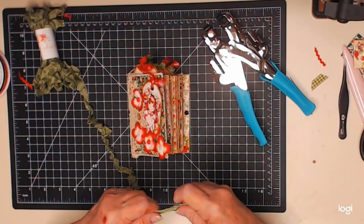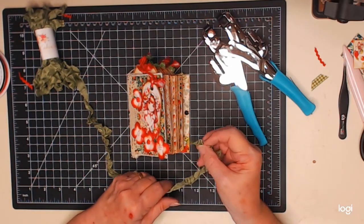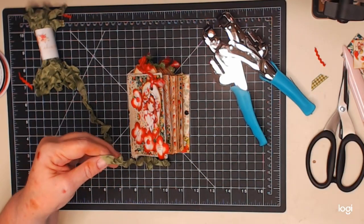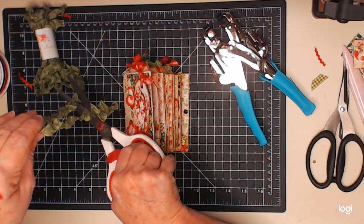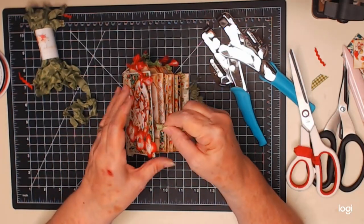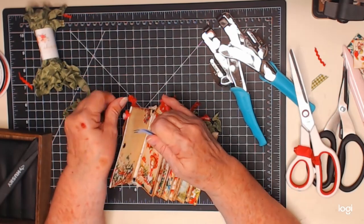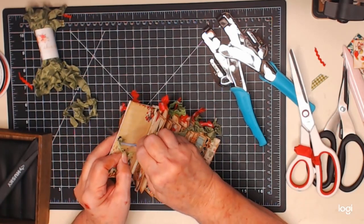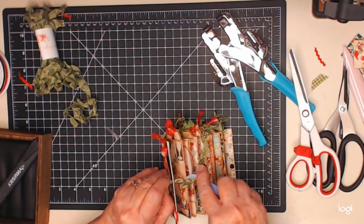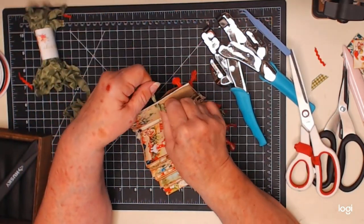Let's see. I think what I want to do is put a knot. So let's cut a piece, about 2 pieces about like this. I'm going to cut this in half. And then what I'm going to do is feed it through. Poke that through. There we go. And I'm going to pull it all the way up, and then I'm going to tie a